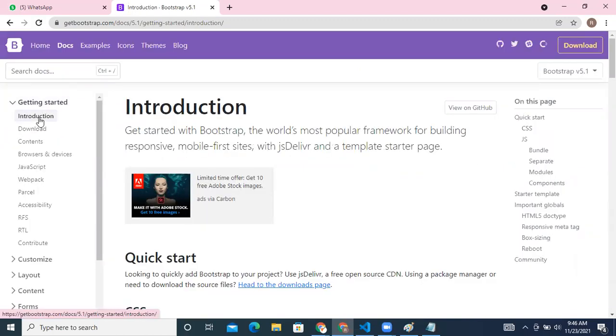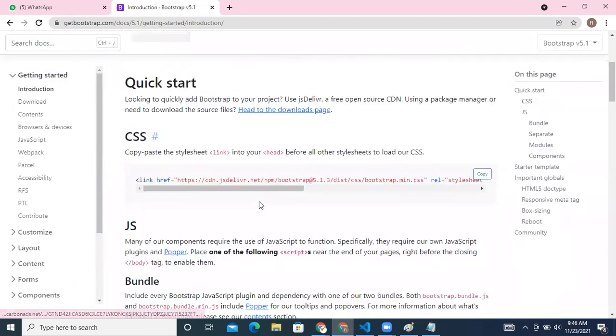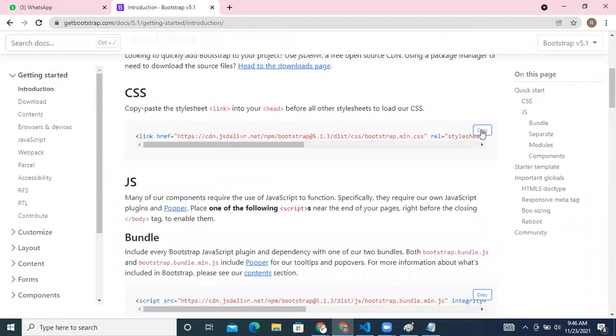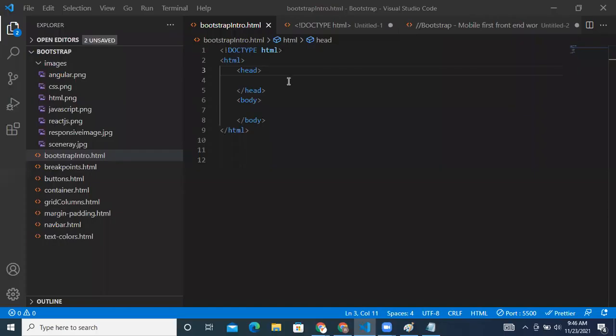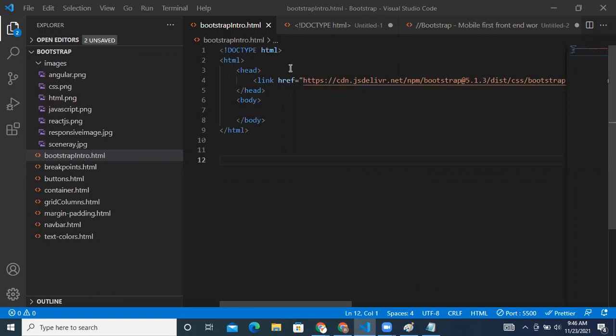As soon as you go to this docs and the introduction, you will get a code. Okay. See, this is CSS. You just have to copy this link and paste it in your head tag here, link. Okay. So when you place this, Bootstrap will be enabled in your file.